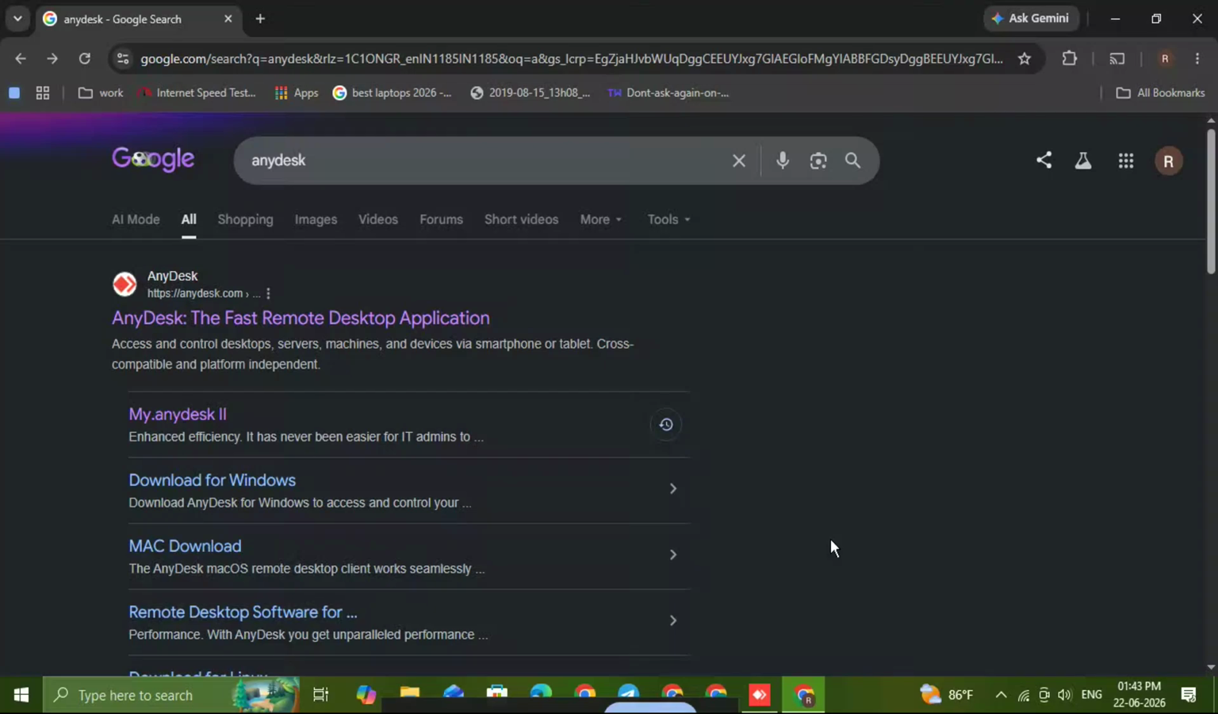In this video, I'll show you how to download AnyDesk on an Apple laptop the safe and easy way. If you've been looking for a quick step-by-step guide for Mac, you're in the right place. We'll go through the official website, find the correct Mac download, and make sure you get the right version installed